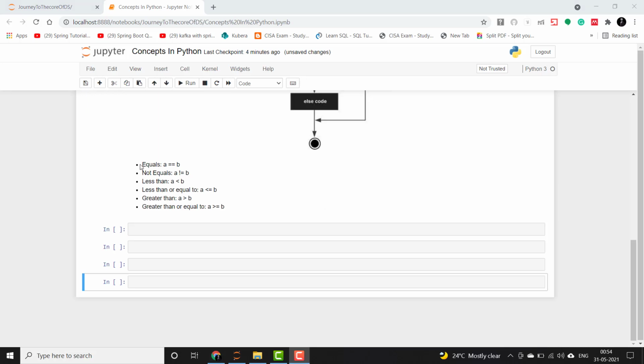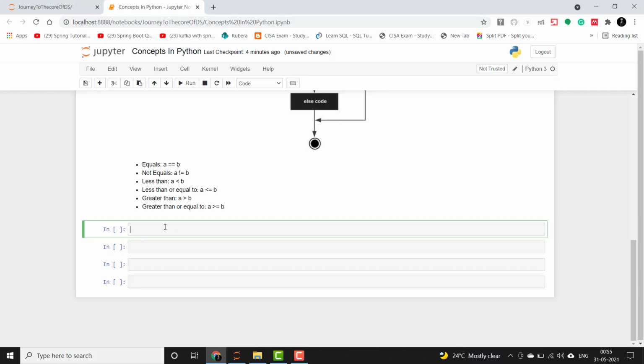So guys, you can see here how the conditional statements are written. Equal is represented as A double equals B, not equal is represented as A exclamation equals B, and thereafter you can check these symbols. Now I will demonstrate an example where we will see how to print an exam's result based on the score given by the user. We will give the passing score as 40 for now, and distinction on 90 and above out of 100. So let's start. Score equals int input.